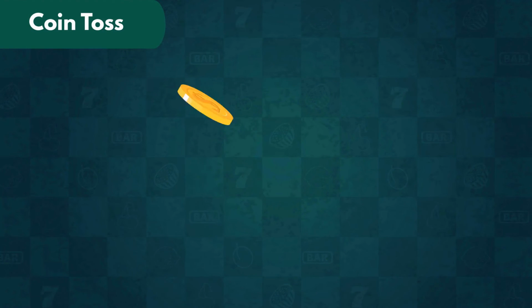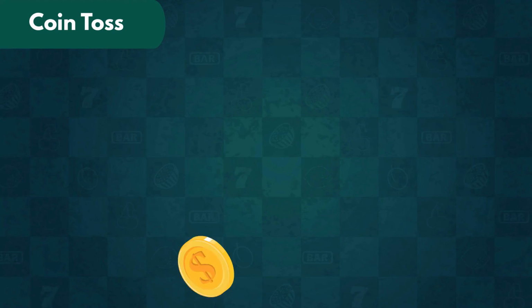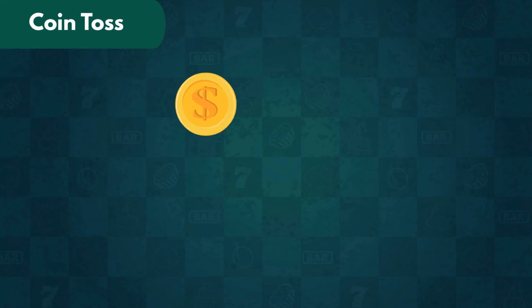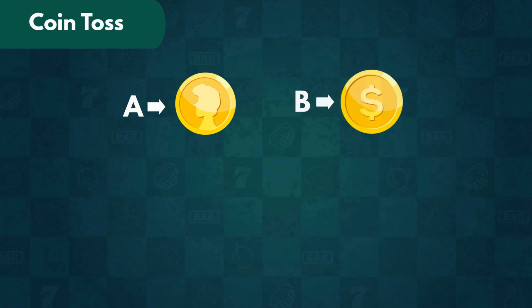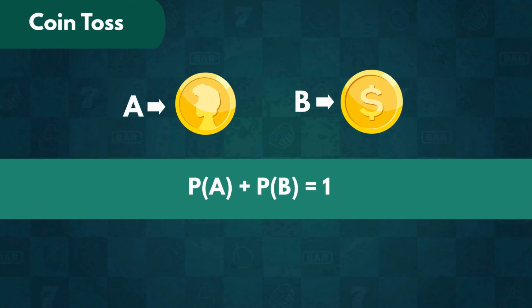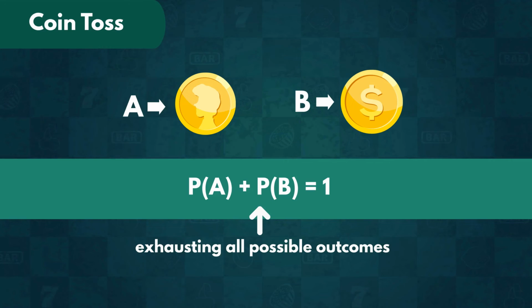Okay, imagine you are tossing a coin. When it falls, we are guaranteed to get either heads or tails. Therefore, if we account for the sum of all the probabilities of getting heads or tails, we have completely exhausted all possible outcomes. We have accounted for the entire sample space, so we are 100% certain to get one of the two. Since we are certain one of these will occur, the sum of their probabilities should be 1.